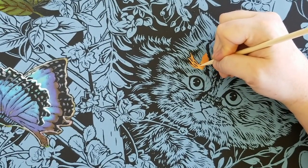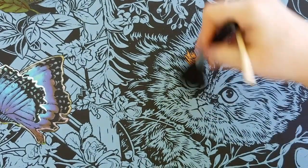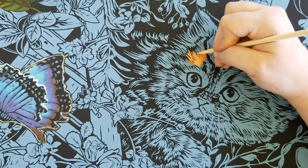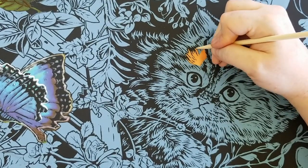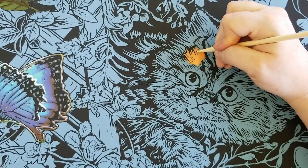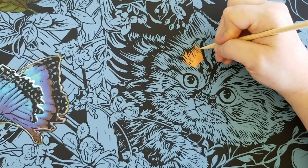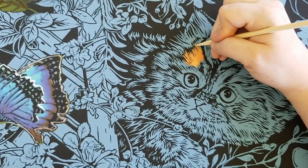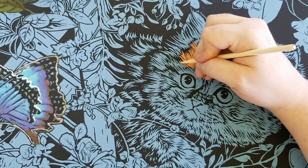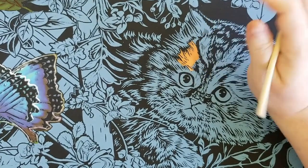But I am gonna say, at least for the first time when y'all hear this, the cat is coming out fabulous. I mean, the butterfly had some real pretty color to it, but that cat is just gorgeous. It almost reminded me of flames when I first started doing this. Just the color, the vibrancy of the colors, the real bright colors in this picture are just gorgeous. So I was very, very surprised by that. Anyway,